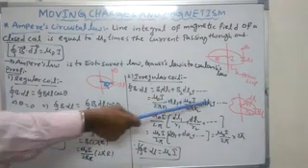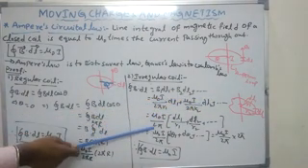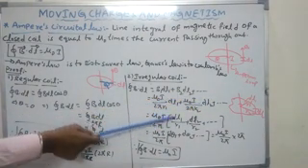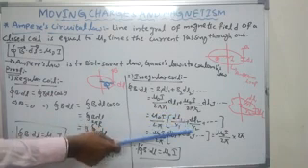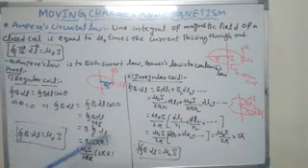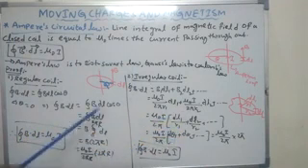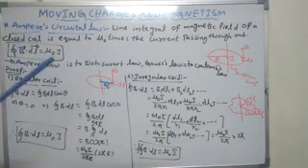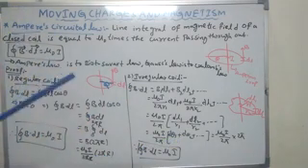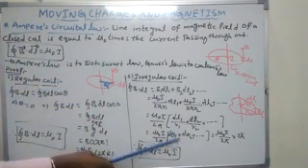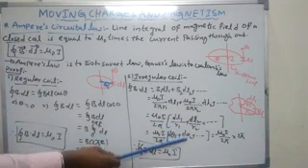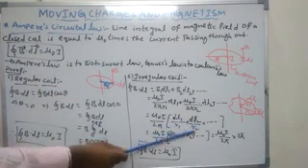Okay, so from this you can take μ₀I/2π common, and you will get ∮ (dl₁/r₁ + dl₂/r₂ + and so on). This is equal to μ₀I/2π times dl₁/r₁, which is nothing but dθ₁. Arc length L is equal to Rθ, so θ is equal to L/R. Then dθ₁ is nothing but dl₁/r₁, plus dθ₂ nothing but dl₂/r₂, plus and so on.